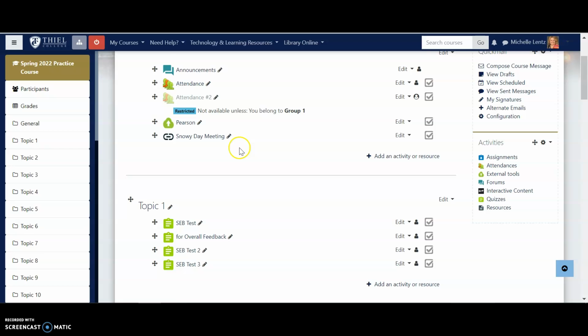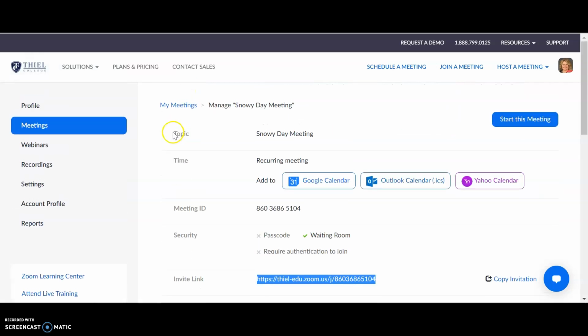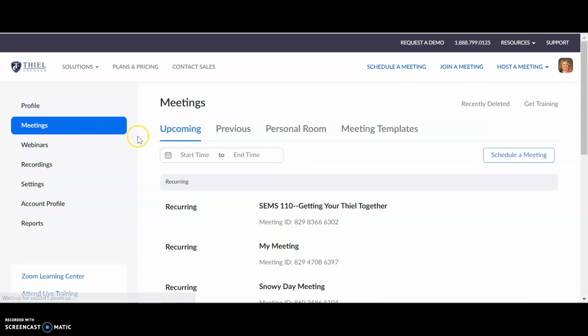Now what will happen is that your students will use this link within Moodle to open up their Zoom meeting. However, as the host, you still need to make sure that you log in through your teal-zoom.us account so that Zoom knows that you are actually the host and not trying to open the meeting through the link in Moodle as a student. And then you simply click Start and